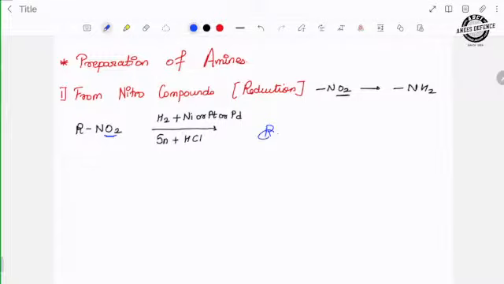So you'll get NH2. Always remember whenever you are reducing a nitro compound, you'll always